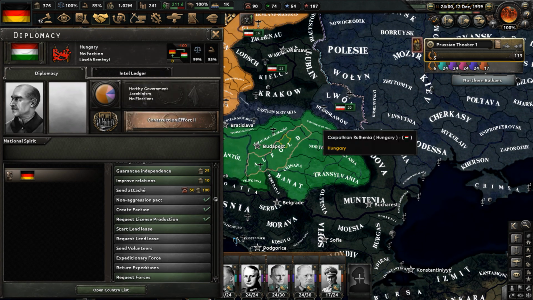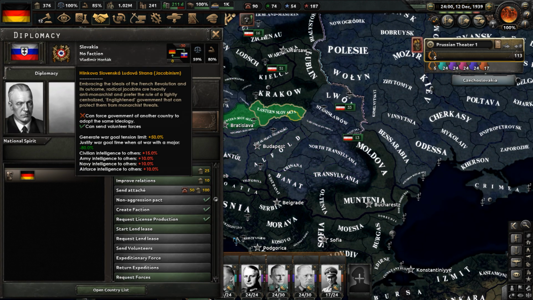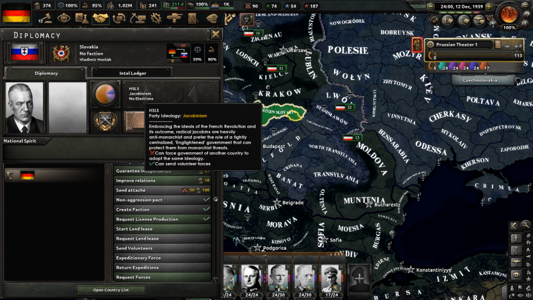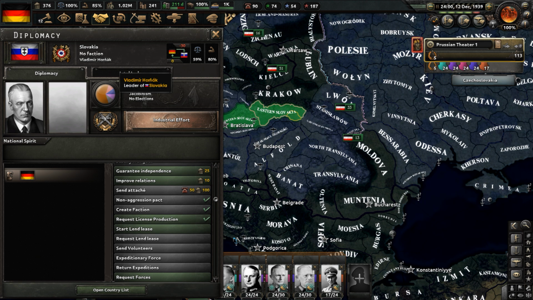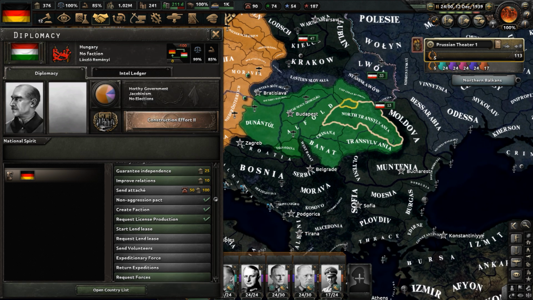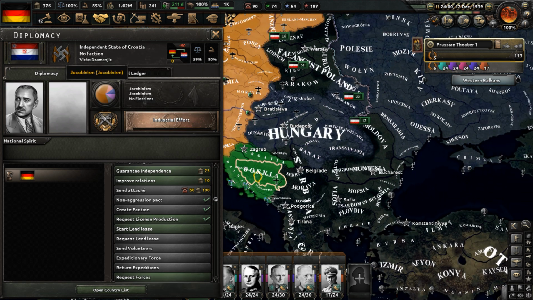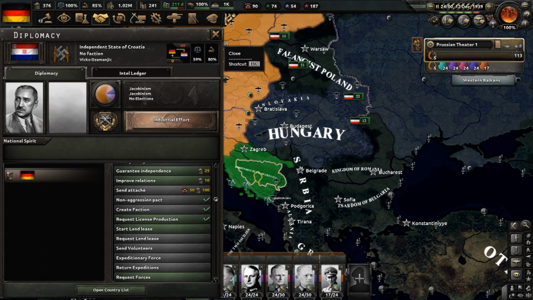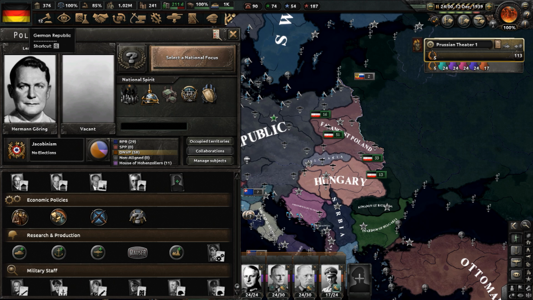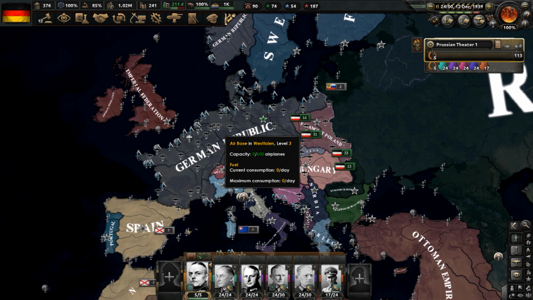So we have Rexist Hungary, Jacobin Slovakia. I mean, they're all technically Jacobinist. Well, they all adhere to the ideology of Jacobinism. All these Slavic states just have different sub-ideologies. So we have Jacobinist Slovakia, right-wing populist Poland, Rexist Hungary, and let's face it, National Socialist Croatia. And this is going to be the end of my Prussia Jacobin Path playthrough in the Hearts of Iron 4